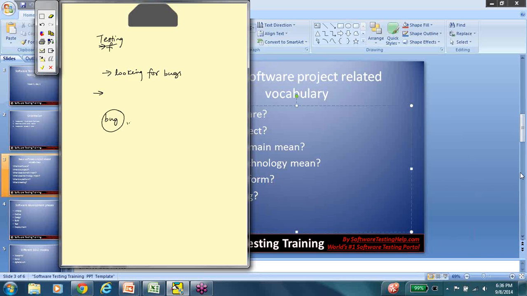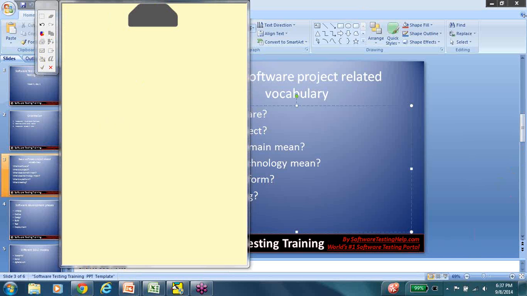We report it. We document it. Report to developers. So do we fix it? Exactly. So testing